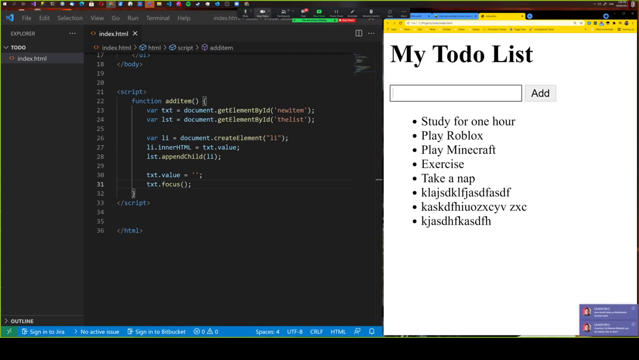So we already created the add to do list function, or the feature. Next is I want to be able to complete tasks. When I click on an item, I want it to be able to